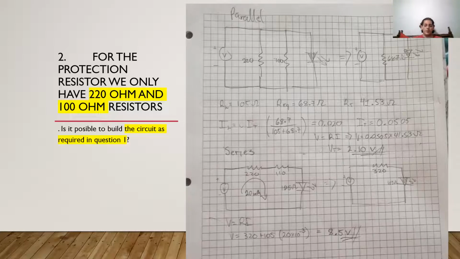So it will not be possible. But if we calculate it, we know that the resistance times the current must be equal to the voltage that we are asked. And we know that the current must be 20 milliamps because they're in series, so all components have to experience